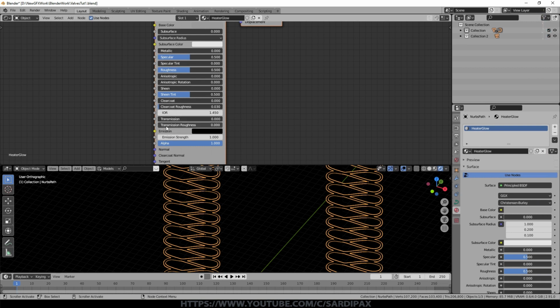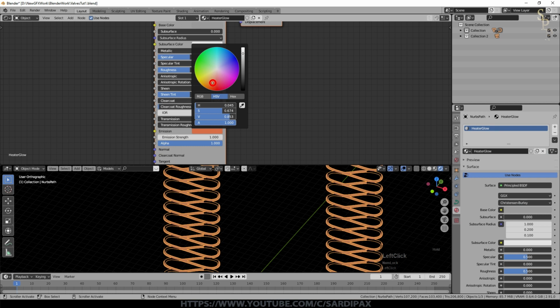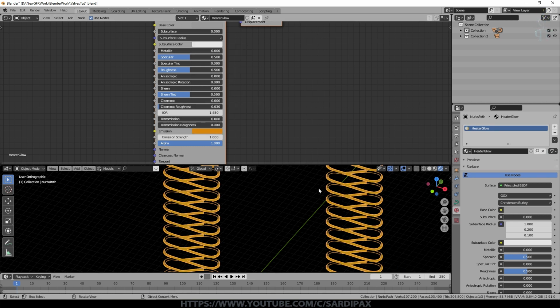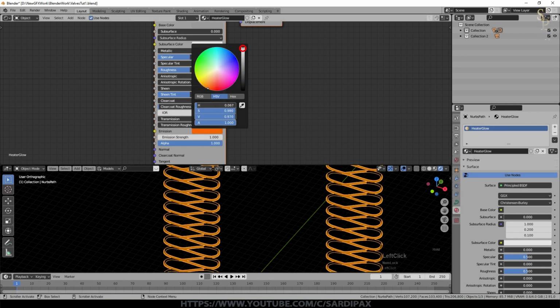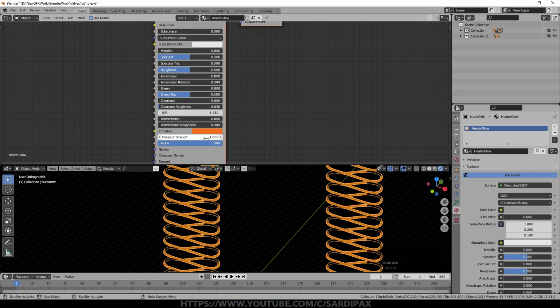Everything else stayed at default until we come down to emission, when I set that to a reasonably strong orangey sort of colour. You could use black body effects in order to effectively be able to change the temperature of the wire, and that would make it set a colour that related to the temperature, as you can do with flame effects, but that's a bit more advanced than we need to get into for this tutorial. So just a nice bright orange colour, and then I set the emission strength to 8. So that's emission colour of orange and an emission strength of 8.